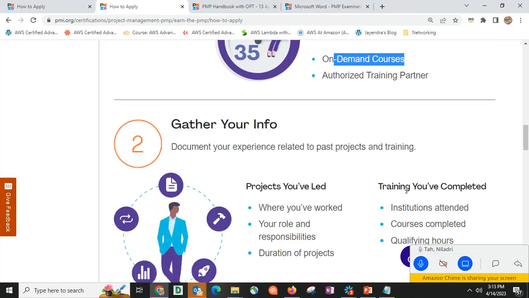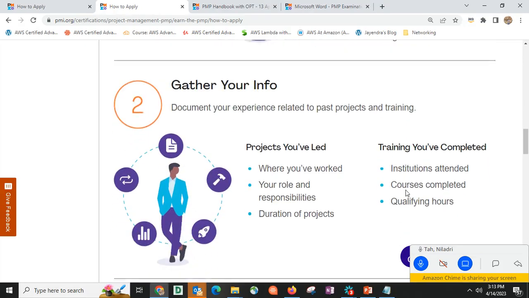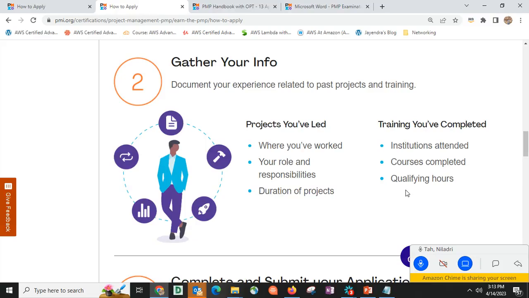Okay. Gather your info. Now, this is something where you should do a rough work. I will always say that open an Excel sheet, and there you document the stuff like project A, then project B, then project C, the duration of each of the projects. And the projects which you are showing there, try to break down the projects into initiating, planning, execution, monitoring and control,